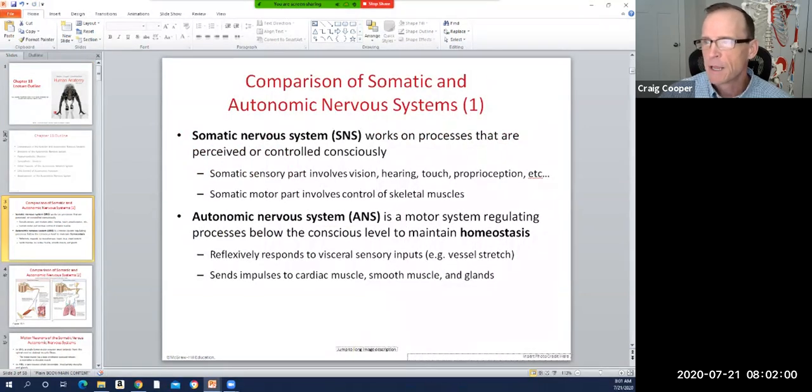So again, somatic nervous system, we've kind of already talked about a fair amount. We went over in lab the eye and the ear structure last week. So those are our sensory organs that give us information about the outside world. We perceive that information, we're aware of it. Certainly some parts of our vision and our hearing to a lesser extent do